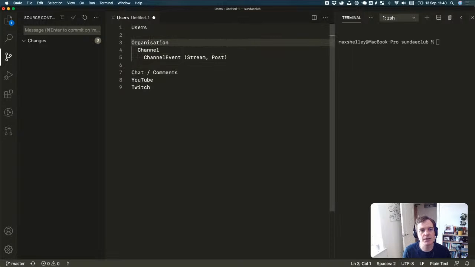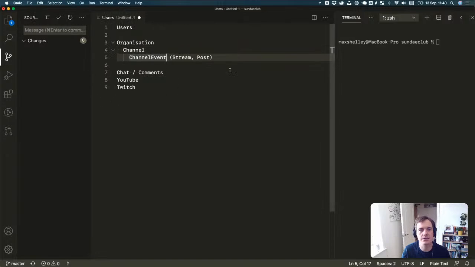So let's start by building some of these models in Rails, and that will also help us touch on what Rails gives us for free from a learner's point of view, which I think is really useful. Rather than starting with users, we don't really care about them right now. Let's start with associations. So let's build out organizations to begin with, and channels and channel events. Let's start there,